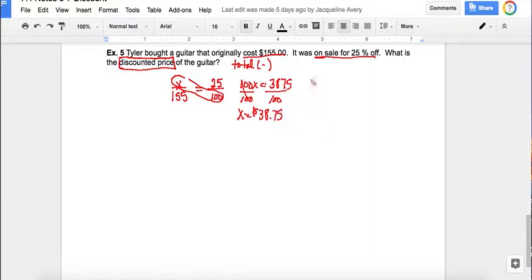But we're not done because now we have to subtract because we want to know the discounted price. So we want to know what the total is. And when I figure that out, I get $116.25. Now this represents the discounted